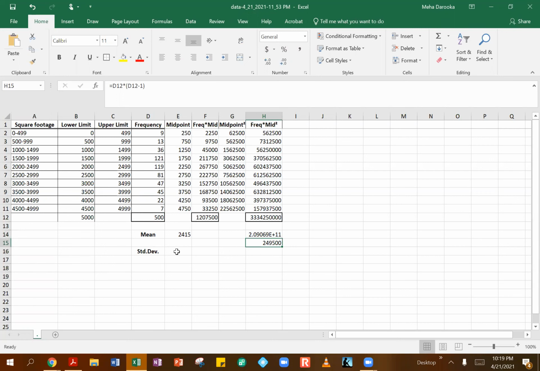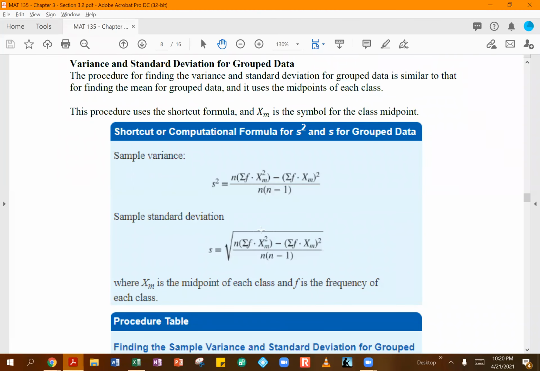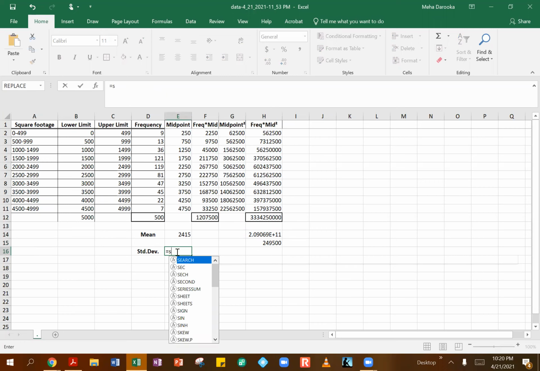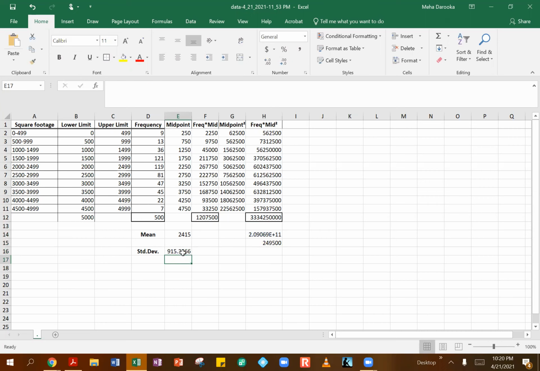So the very last thing to calculate our standard deviation, we need to take the square root and then do the numerator divided by the denominator. So just next to our standard deviation box here, I'm going to do the square root function. And then inside the square root, we'll have numerator divided by denominator, close parentheses, and hit enter. So this is going to be our standard deviation. So we have